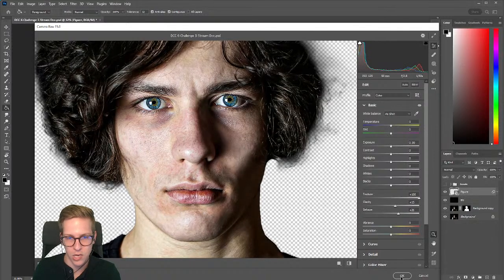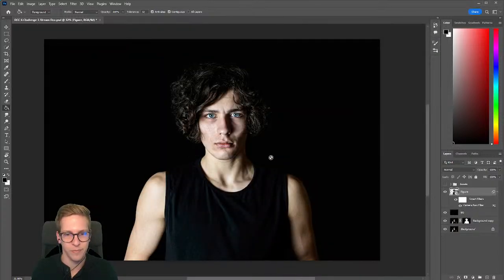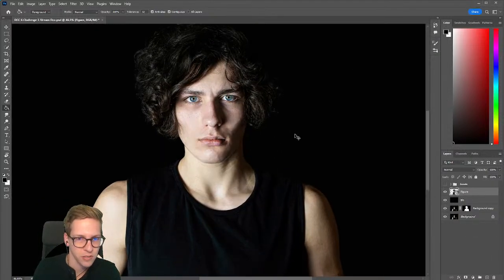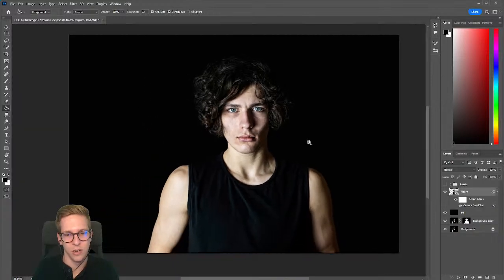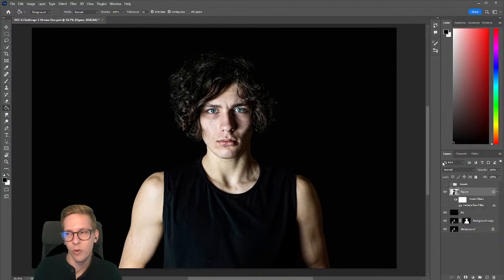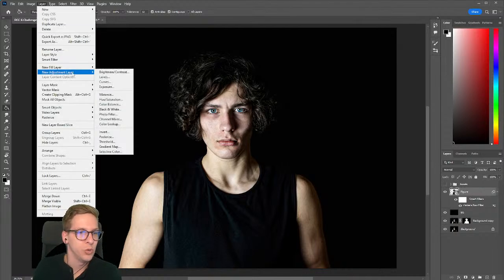So I'm going to click OK. I think that looks kind of good. And you can see that difference. It just brings out the shadows and the skin texture. And, you know, if we're going for a creepy look, that's definitely what we want. So that is our Camera Raw. And then maybe what I want to do from here is go up to Layer, New Adjustment Layer,